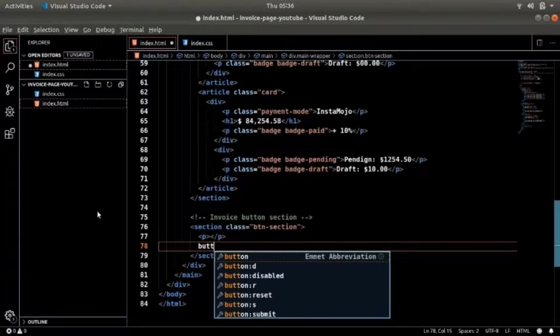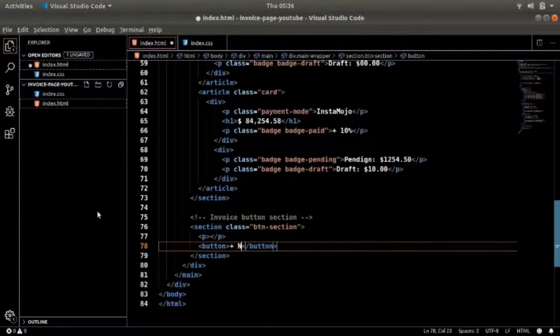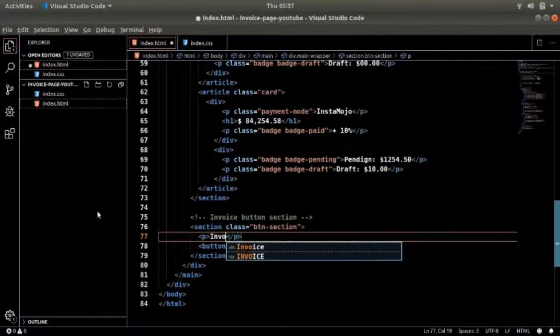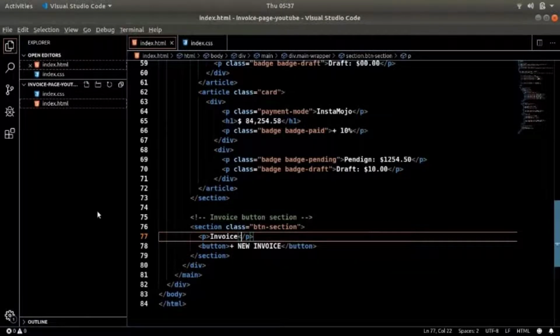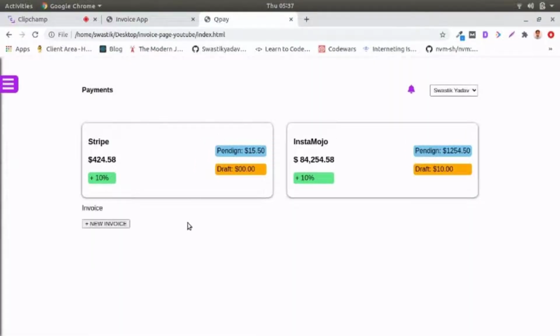So a button, so the button has a plus and has a new invoice, new invoice, and that is it. And here we have invoice, and that's all. Okay, so here we have it.